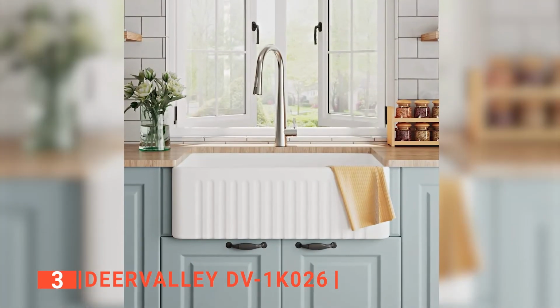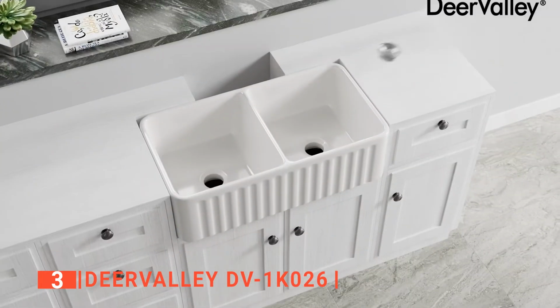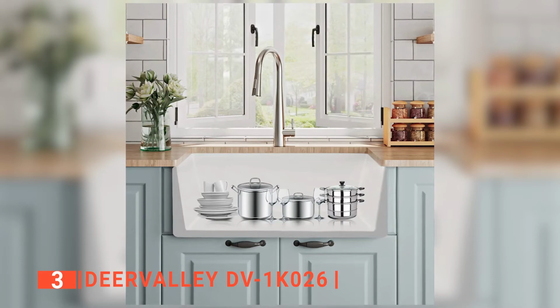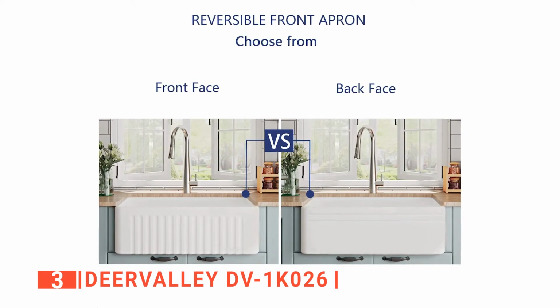It features a stain and scratch resistant surface that withstands everyday use and maintains its luster year after year. This farmhouse kitchen sink is a fashionable kitchen fixture with a modern look and a large single bowl that can accommodate large pots and pans. Lastly, the sloped bottom really helps with draining and cleanup, making it ideal for daily use, especially if you don't